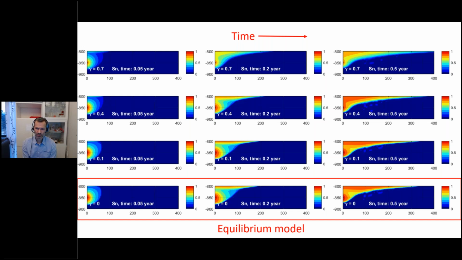So the bottom row shows the equilibrium model where gamma equals 0. So that is the standard formulation and how the CO2 plume would look if you use the standard formulation for two-phase flow. And then the rows above are for gamma equals 0.1, 0.4, and 0.7. And what we can basically see when we go from bottom to top, when we introduce this gamma parameter, this active region parameter, is that